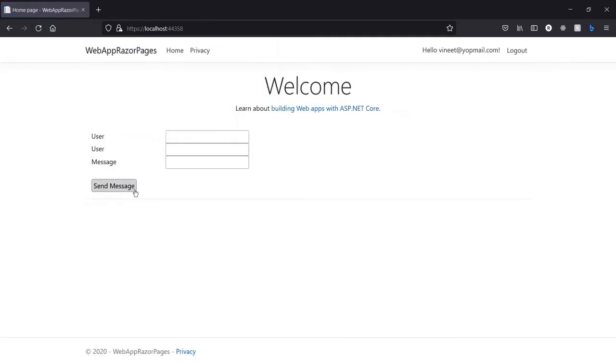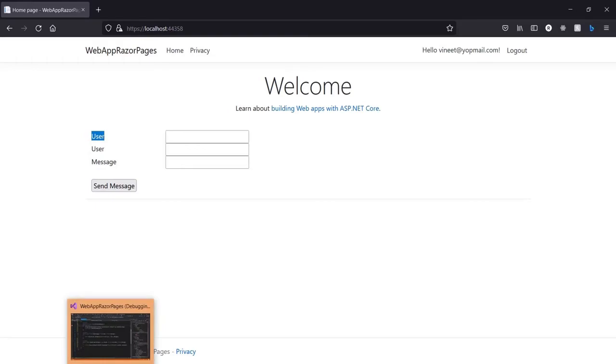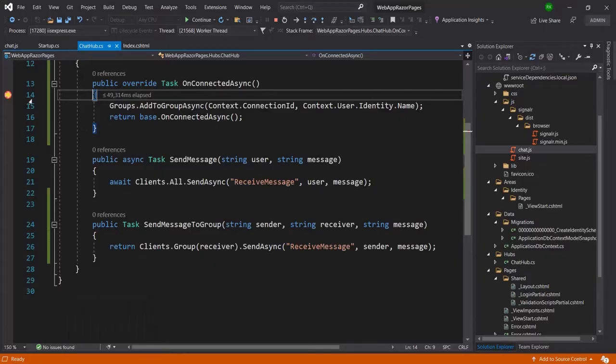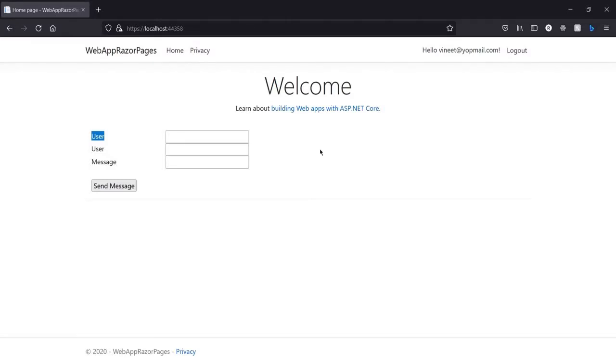You can see now send message is enabled here, and I can now send the message. And again you can see the breakpoint hit here, and I can see the vinith@yahoo.com email is here. Let me just remove this breakpoint because I don't need to get stuck here again and again.